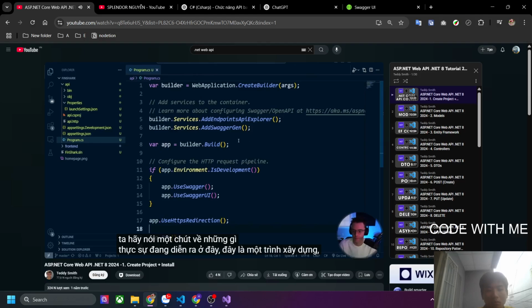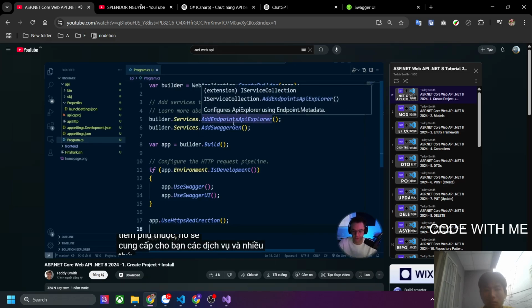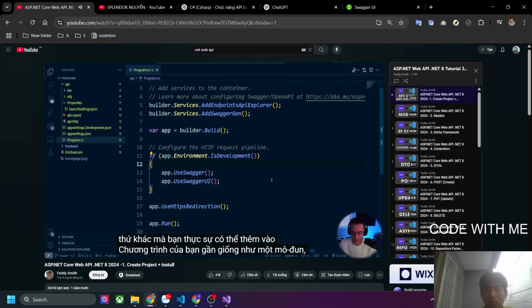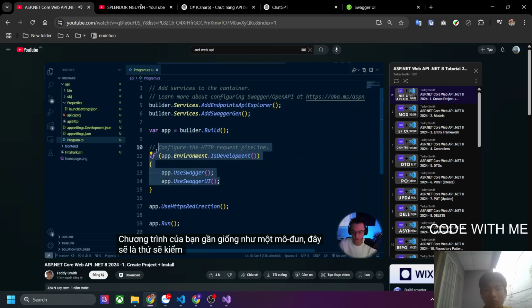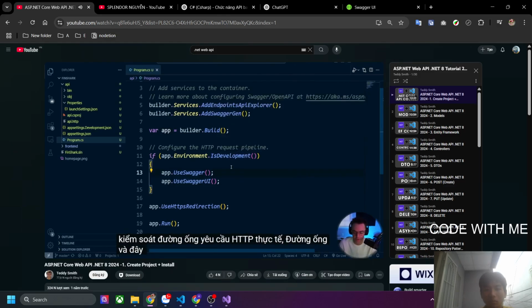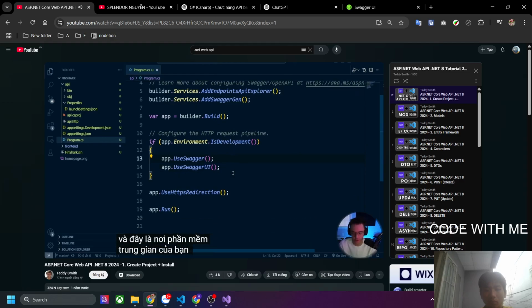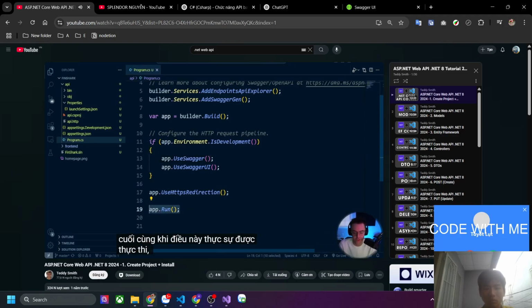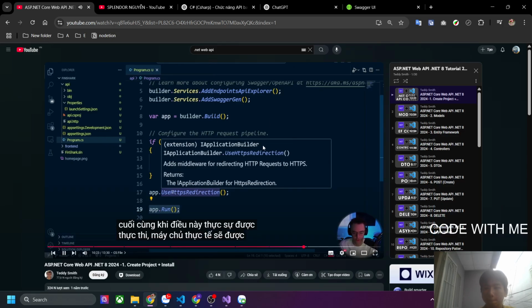This is a builder. This is going to control things like dependency injection. It's going to provide you with services and various things that you can actually add to your program, almost like a module. This is going to be what's going to control your actual pipeline. The app is going to control the actual HTTP request pipeline. And this is where your middleware is going to be. Also, various settings that you can configure. And at the very end, when this is actually executed, the actual server is going to be